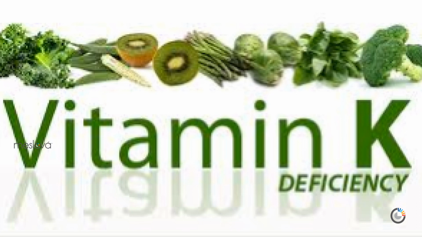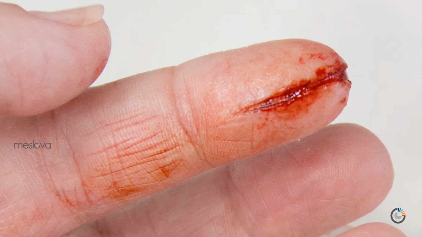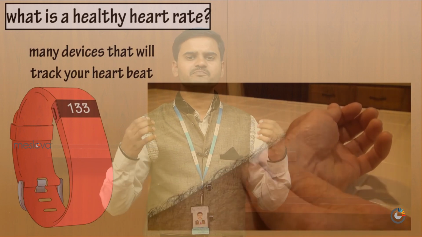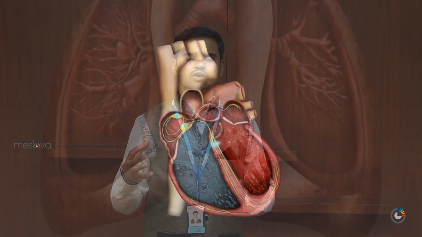In some people, due to deficiency of vitamin K, clotting is delayed, because vitamin K plays a very important role in blood clotting. If anybody has this deficiency, the blood will not clot within the usual time of 3 to 6 minutes. It may be delayed. Till now we have understood blood pressure and the cardiac cycle,